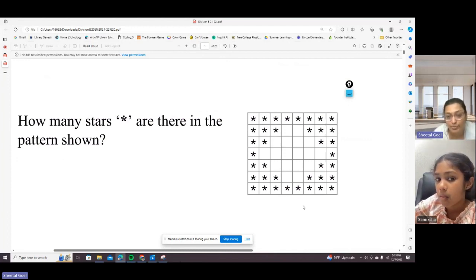Is the pattern kind of distributed in an even fashion or an orderly fashion? Even, but kind of